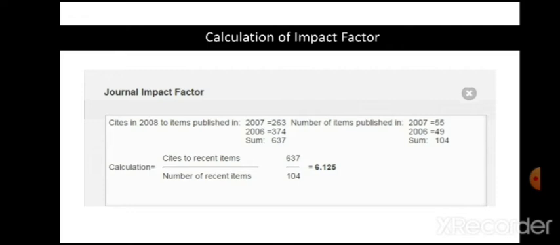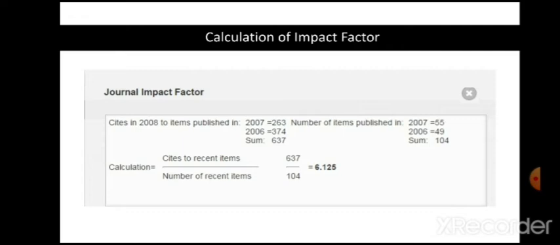This is a simple formula for your knowledge. I must tell you how exactly the impact factor of that particular journal is calculated. This is what I have taken from a website. Say for example, this is just an example. Impact factor is calculated on the basis of citations. Citations means